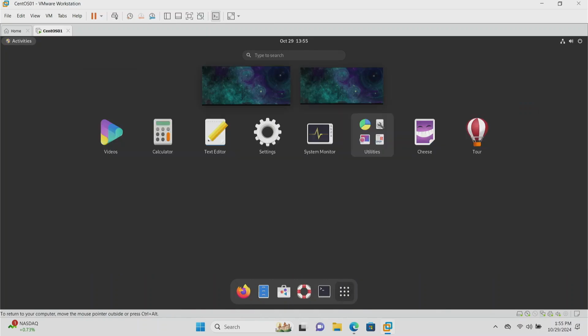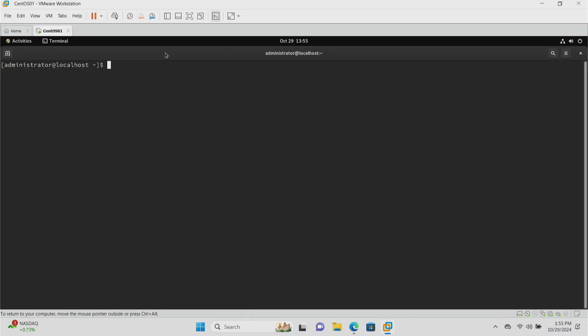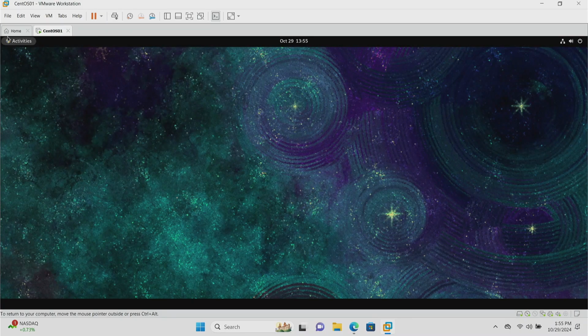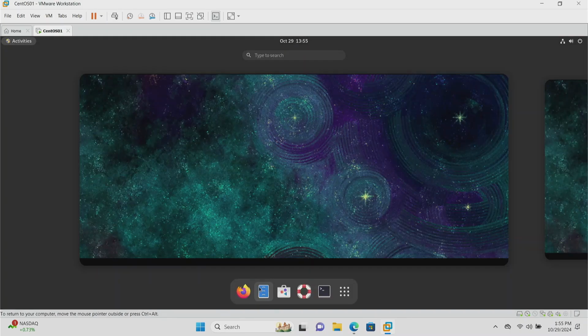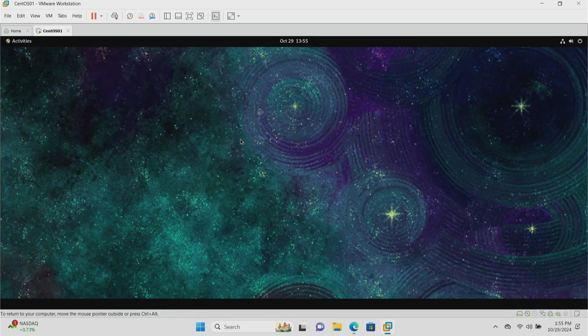And over here, we can see the different applications we have access to, along with the terminal, which is direct access to the shell, or the command line, where you can type commands and make changes to the system. But you do also have a graphical interface. So, of course, you have some graphical applications, such as Firefox, files, a software hub or downloader, along with some other applications as well. So, with that being said, if you have gotten this far, congratulations, you've reached the end